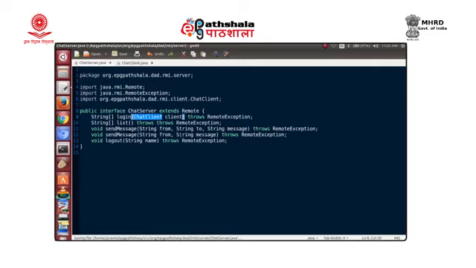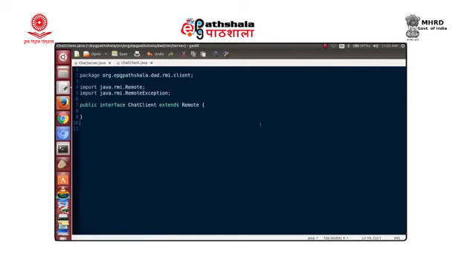So, that is a change we have updated, and let us come back to the chat client and now decide about the methods here. What kind of interaction does the server need with the client? Now, when we do a login, at that point of time, the server would like to know from the client about its name. So, the client would have a method which would return the name. We have this method returning a string, the method name is get name, and this has a throws for remote exception.